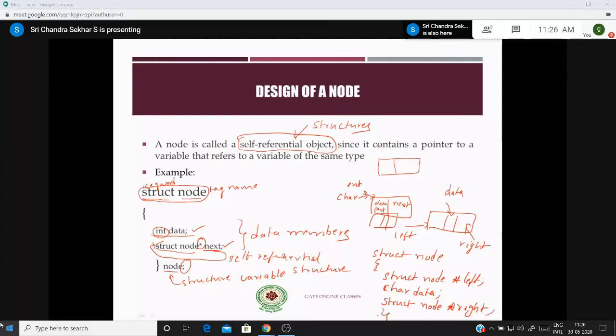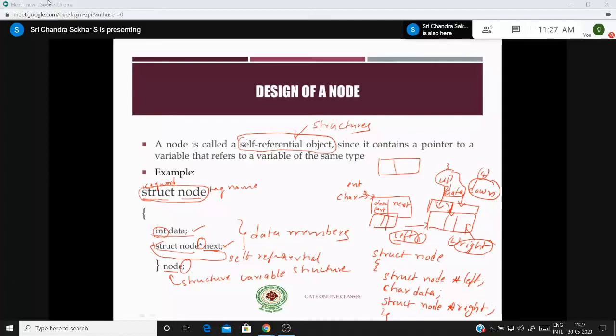For example, if there are more reference parts, let us divide this node into two parts again, one for up and one for down. So how many pointers are there here? One is the left pointer, the second is the right pointer, the third is the up pointer, and the fourth is the down pointer, right? So you have to add these two pointers.